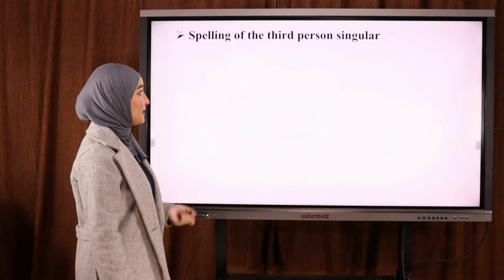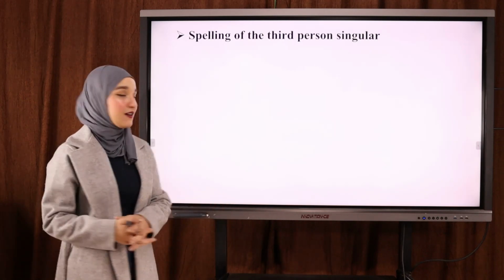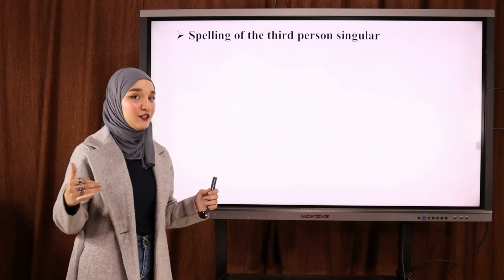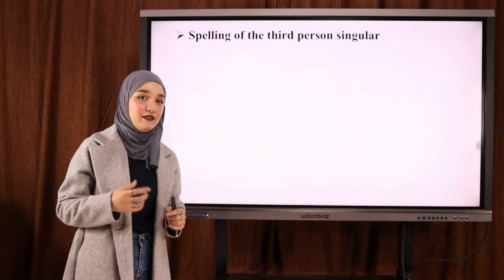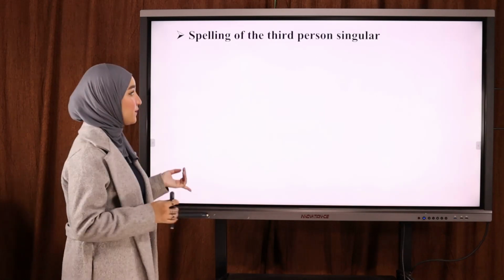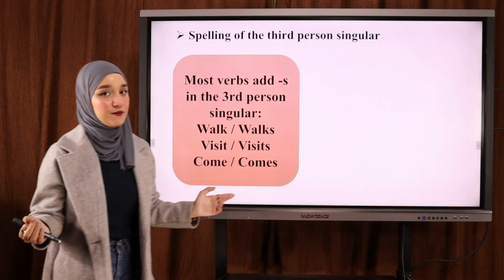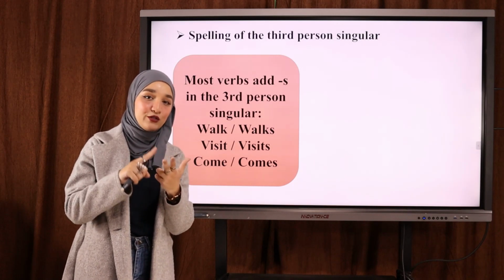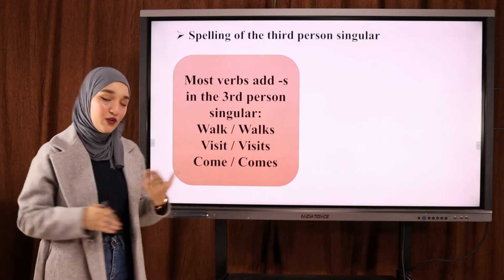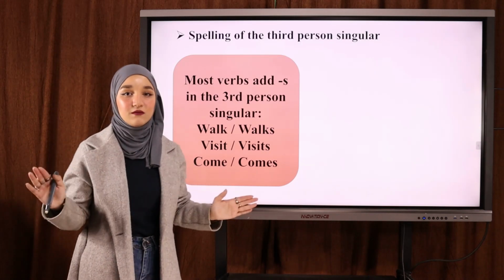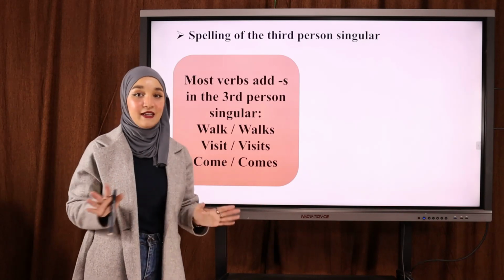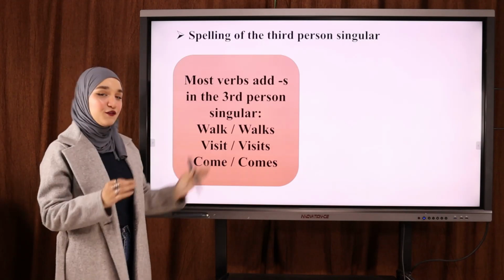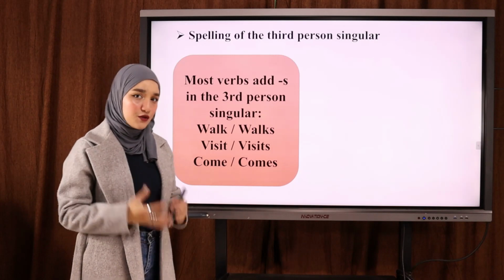Let's take a look at the next slide. So this is spelling wise. We are going to talk about spelling. كيف نصرف الأفعال في الحاضر. Okay, we have some rules. هناك بعض القواعد يجب أن تتعلموها. Okay, but only with the third person singular. Okay, مع هو هي و it for people. For objects and for animals. للحيوانات وللأشياء. Okay, but with the rest مع الضمائر الأخرى, there's no rule. ليس هناك قاعدة لأن الأفعال لا تتغير. Okay, الفعل يبقى نفسه. So the first rule says most verbs, معظم الأفعال, most verbs, the majority of the verbs,